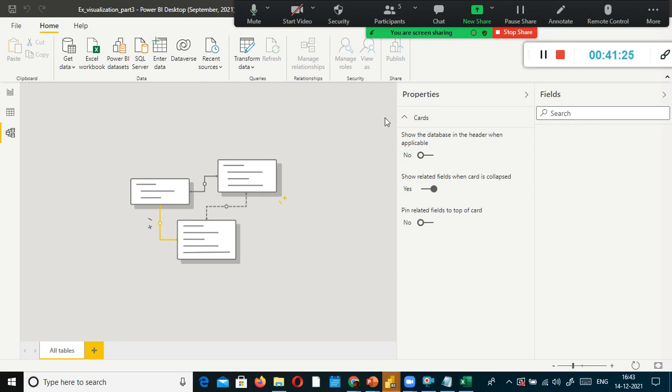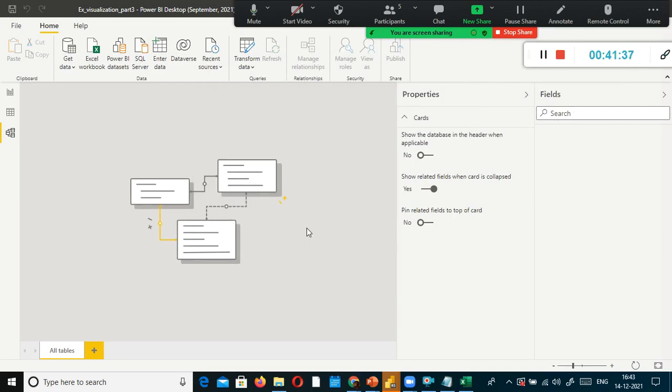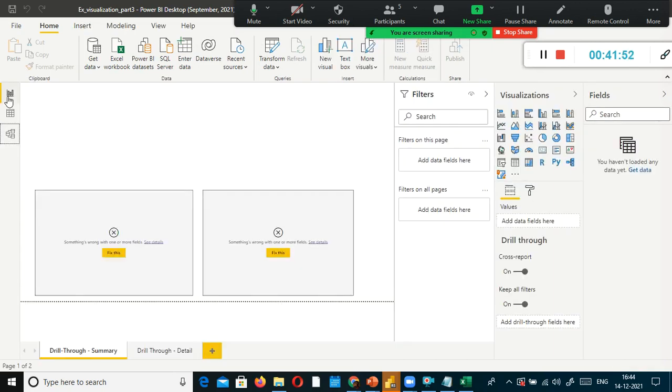First you need to connect to the cloud, and from there you need to choose the dashboard. Let's say the dashboard created by Amanda, you need to select that one. When you select and import it, all the fields related to that specific dashboard will be available here. Once that is available, you are all set to develop the reports. All you need to do is go to this one, drag and drop, create visuals, and start playing around with it.